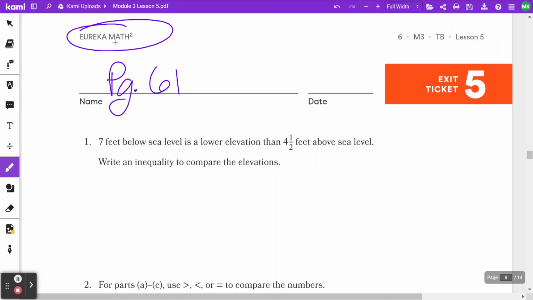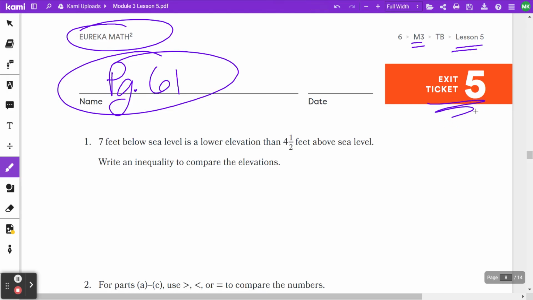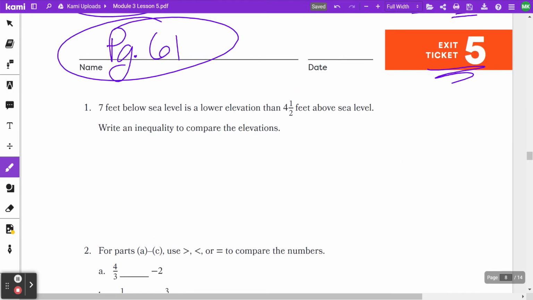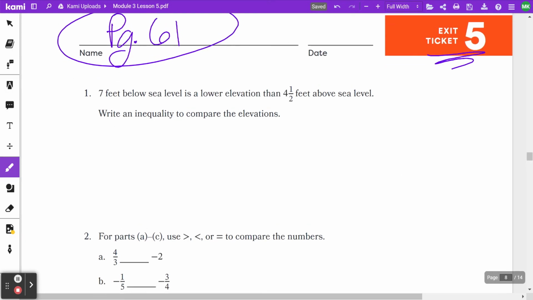Module 3, lesson 5. And this one is all about comparing rational numbers. We're going to hang out on page 61 today. Exit ticket 5. Now, when it comes to comparing rational numbers, for me, it's about getting these bugaboos on a